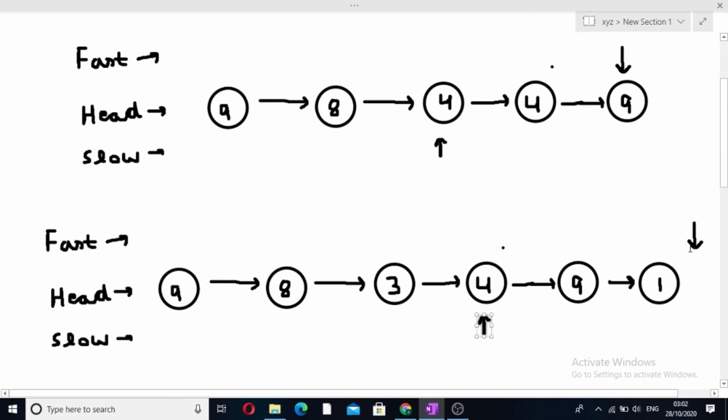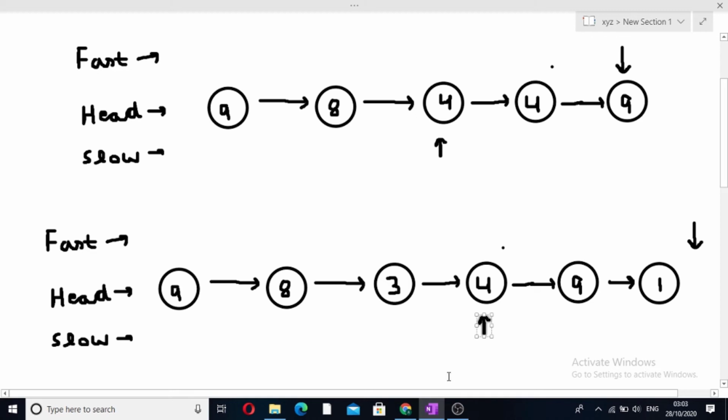So see, in this case when our linked list was even, our fast pointer has reached the null value. In the odd case fast next was becoming null, but in the even case fast has reached the null value itself. So in this case also we will return the slow pointer. The address of the slow pointer in both cases is the middle element we require, but we have to take note of the stopping conditions, that is, either fast next becomes null or fast becomes null. These are both the stopping conditions and we will simply return slow from here.